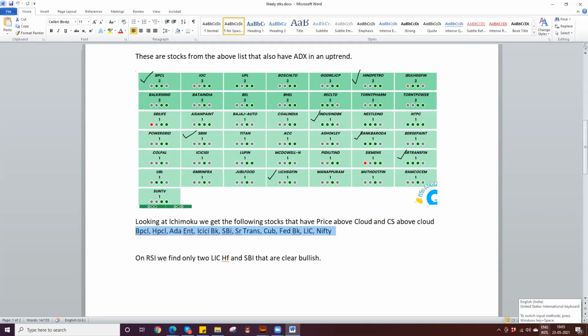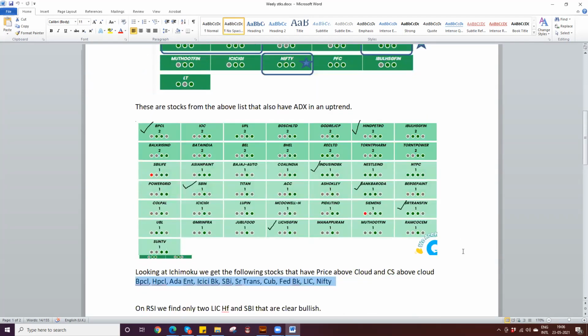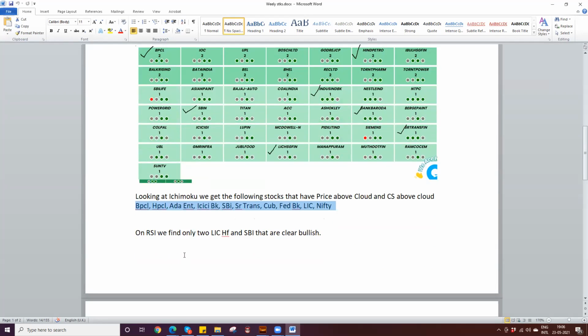So what this means is, these are the stocks where they are above monthly H4. These are the stocks where you have 3 green dots. And these are the stocks which are bullish on Ichimoku. And they also have, and some of these stocks have long body candles, right? And some of these stocks have bullish trends on the ADX. And now finally, we move on to